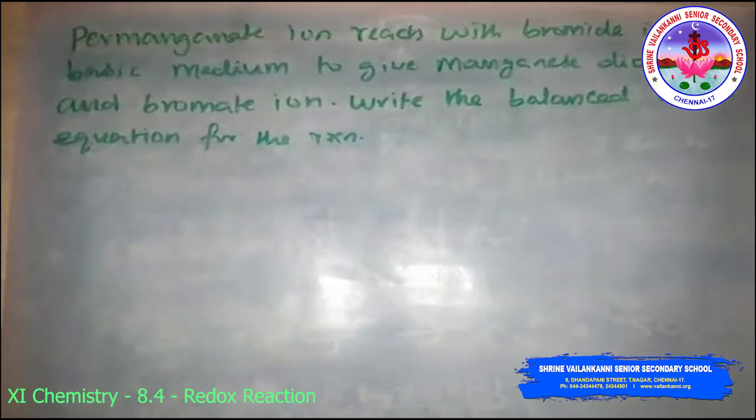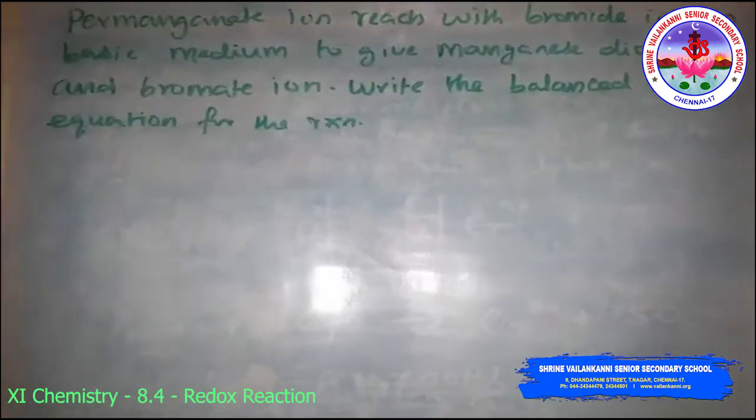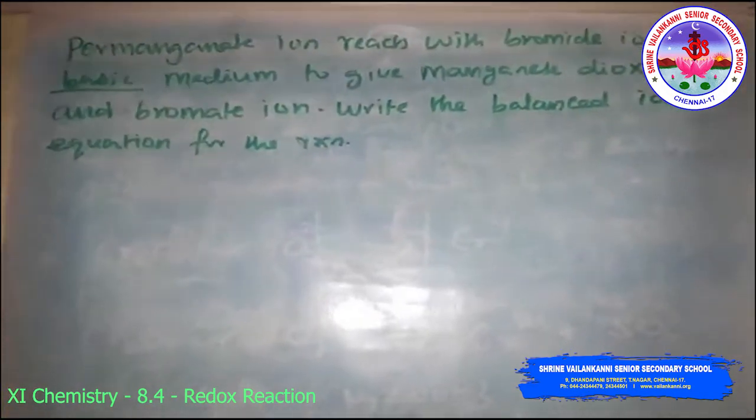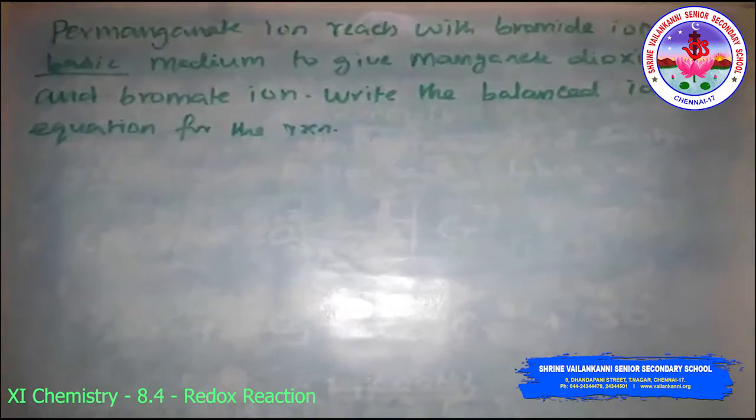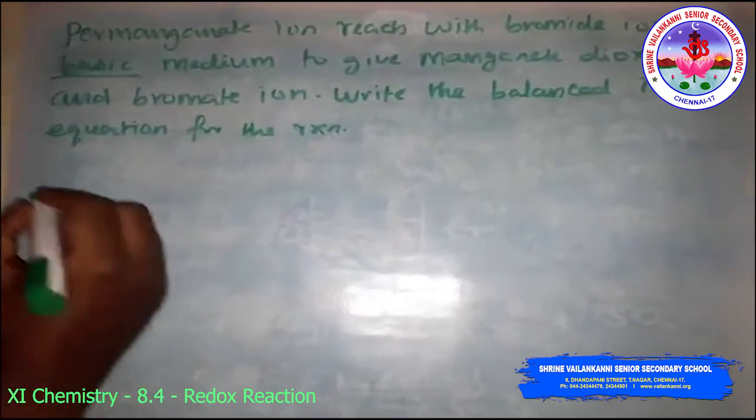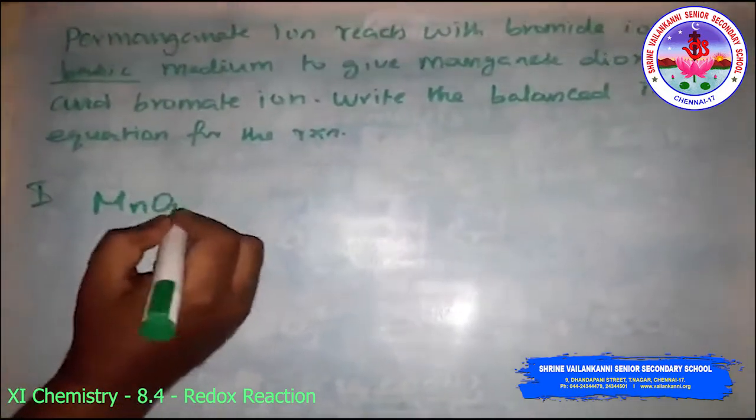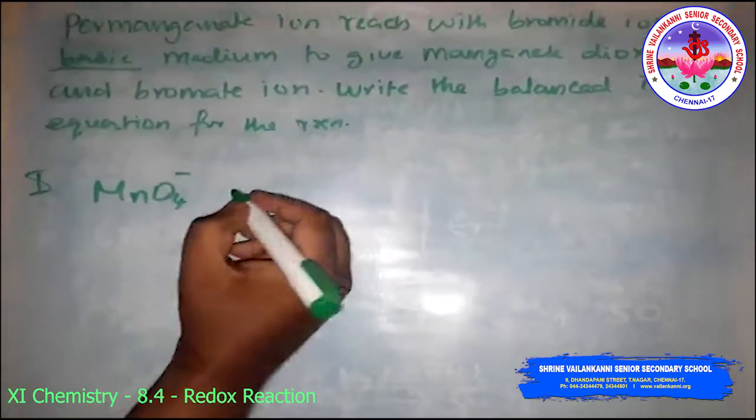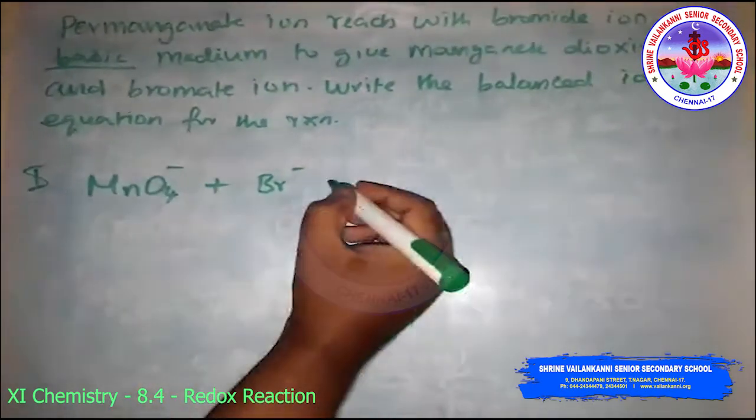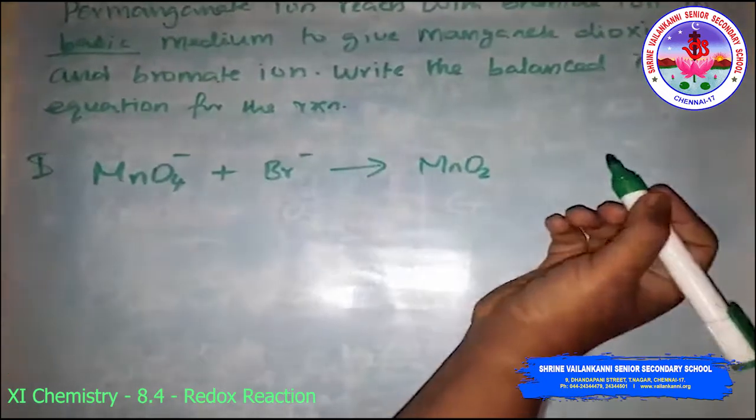Next is the basic medium. The permanganate ion reacts with bromide ion in basic medium to give manganese dioxide and bromate ion. Write the balanced ionic equation for this reaction. The first step is to write the skeletal form of the equation: permanganate ion MnO4 minus plus bromide ion Br minus gives manganese dioxide MnO2 plus bromate